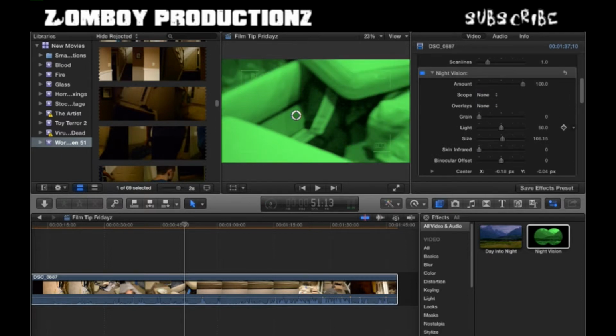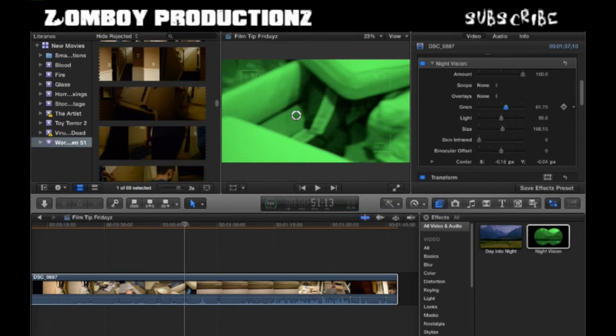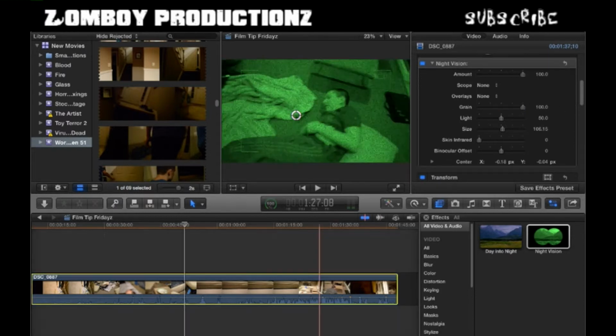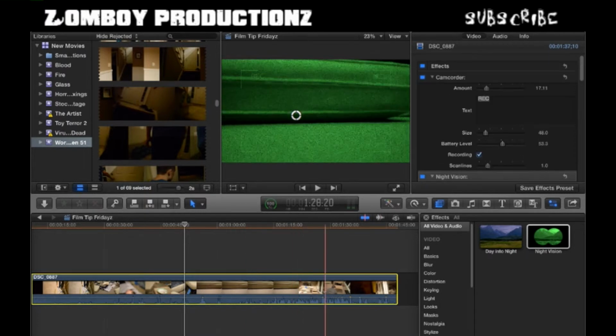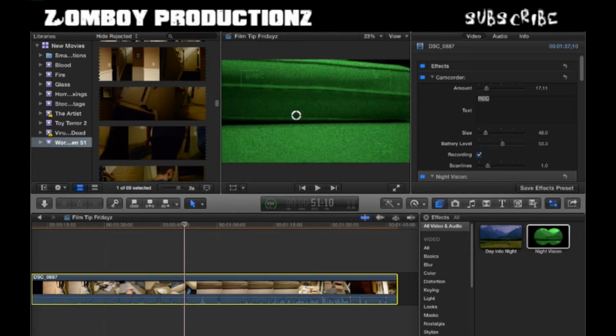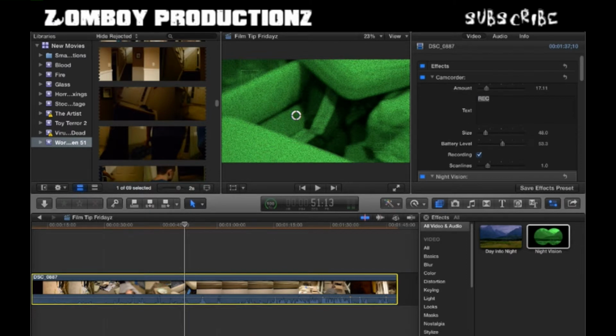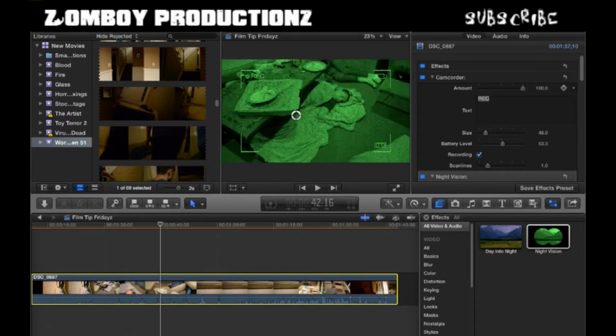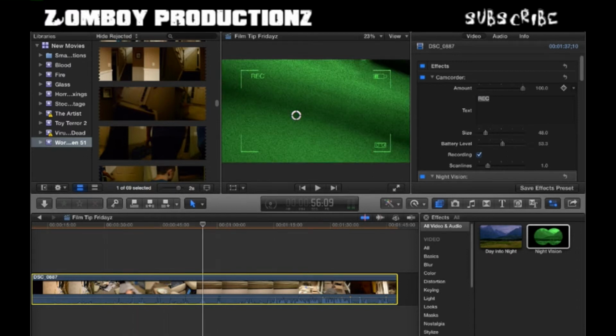You can also adjust the grain to make the night vision more gritty and dark, and it makes it look really scary. Let's keep it at that because that looks awesome. Now you can see that the recording is gone. You can barely see it, so just bring this up. I think from before we had it lower, so that was my fault. Sorry. Sadly, the night vision interferes with the recording,